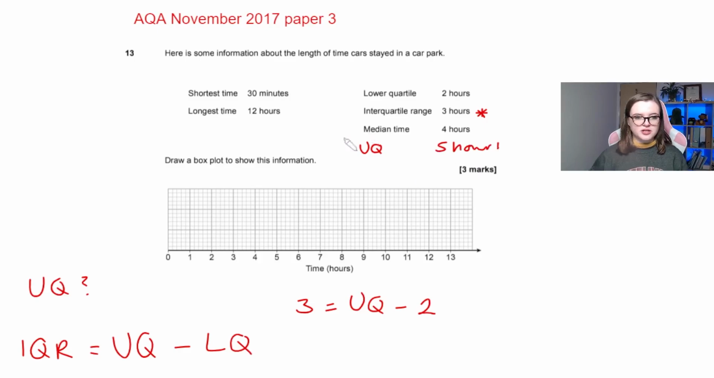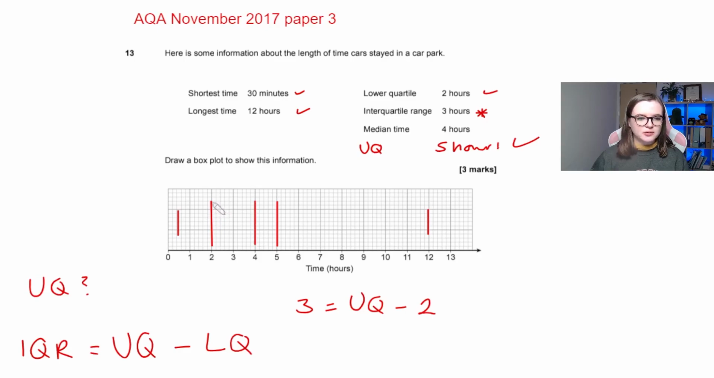So let's just plot it then. So shortest time is 30 minutes, which is like half an hour, right? So in hours, that's going to be down here, like so. And then longest time is 12 hours, so that's going to be like here. Lower quartile is 2 hours, so that's going to be like there. And then upper quartile, I should say, is going to be 5 hours, which is going to be like there. And then median is going to be 4 hours, which is going to be about